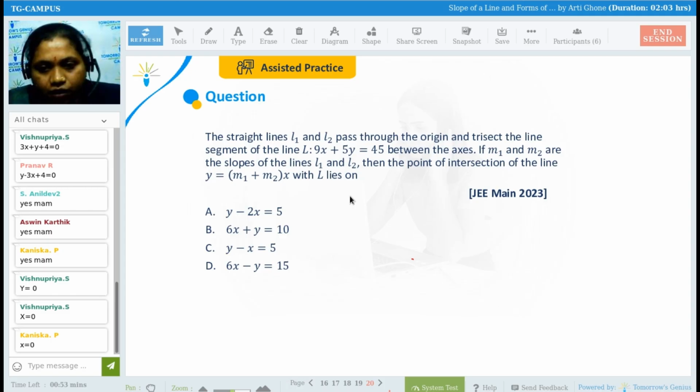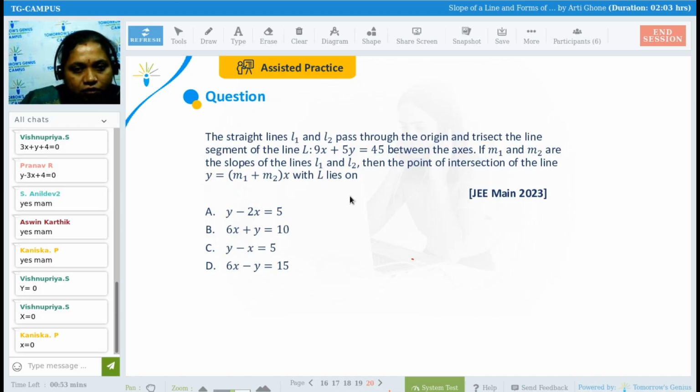The straight lines L1 and L2 pass through the origin and trisect the line segment of the line 9x plus 5y equals 45 between the axes. If m1 and m2 are the slopes of the lines L1 and L2, then the point of intersection of the line y equals (m1 plus m2) times x with the line on the axis lies on... Okay, so